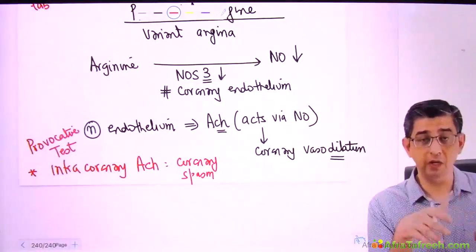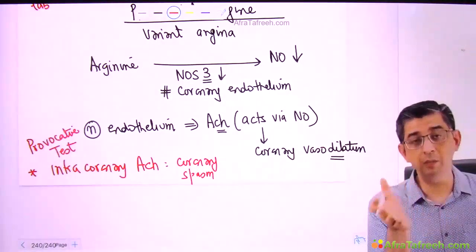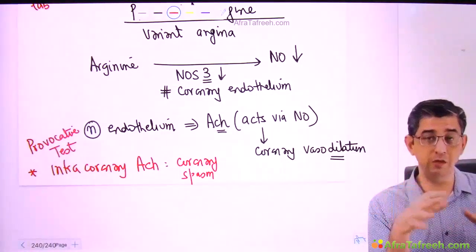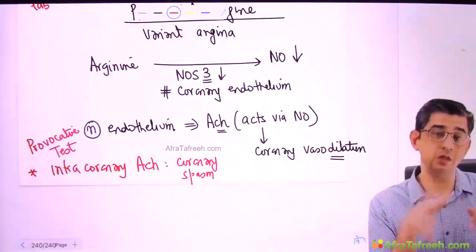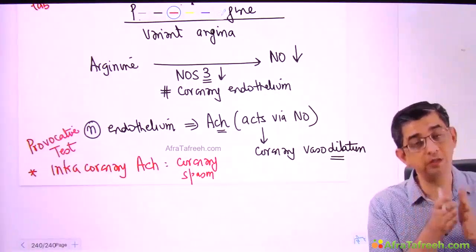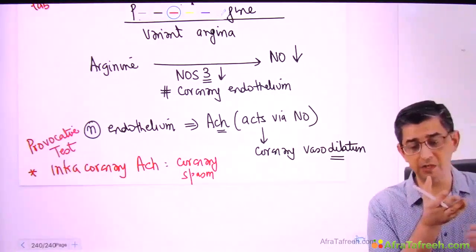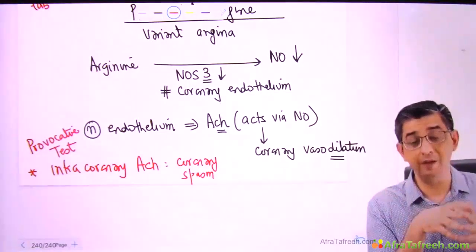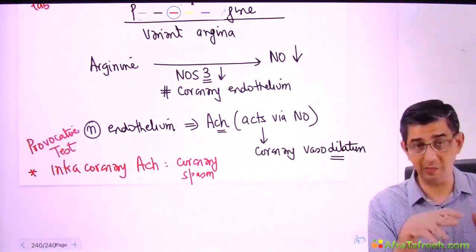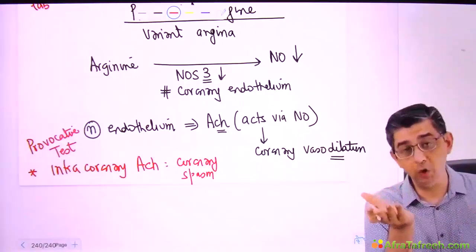But the point is, if you are going to be doing angiography in this patient in the morning hours, then you may be able to visualize the spasm, because vasoconstriction is more in the human body in the morning hours, so coronary artery constriction will also be relatively more. So if you do angiography in the early morning hours, let me say 7 o'clock, 8 o'clock, when most cardiology units start functioning, that is when you will be able to demonstrate the spasm. But in case you do coronary angiography in these patients post lunch, the spasm may not be present.